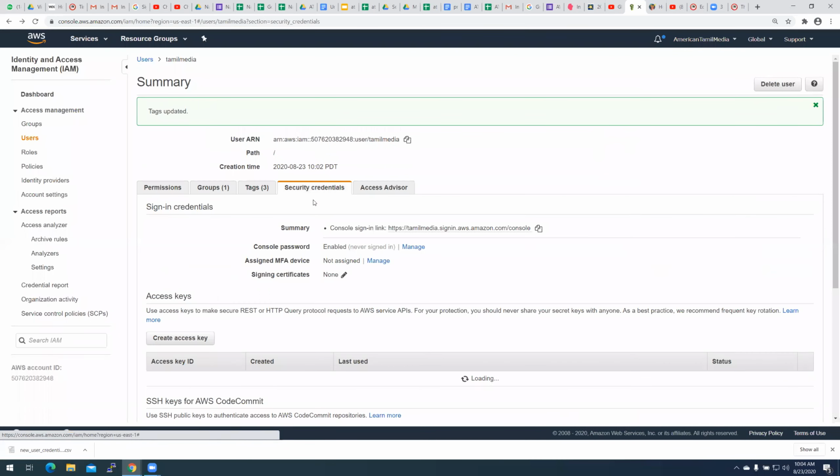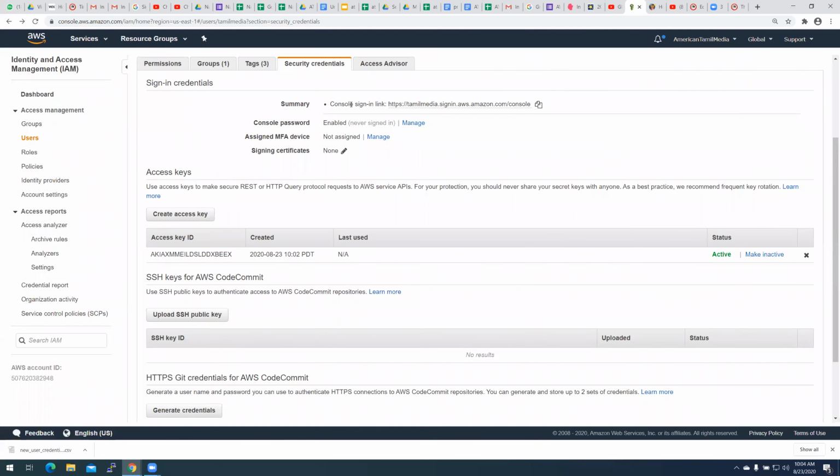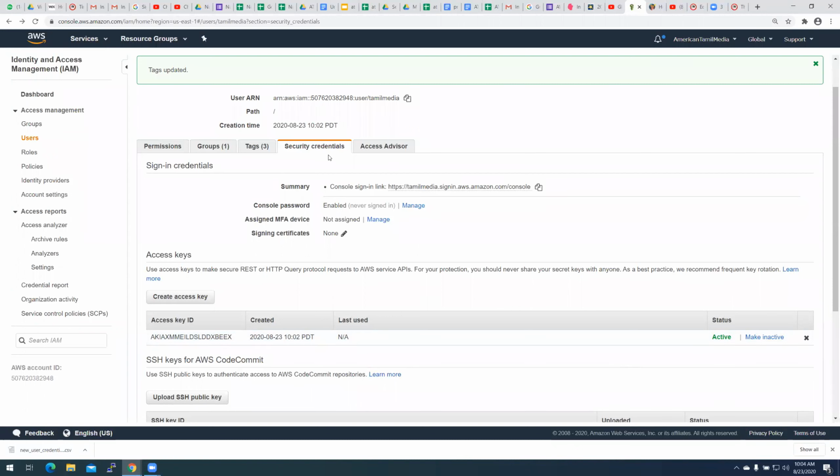Okay, something that you just want to know by looking at it. And here is where you can control your security credentials again, right? Where you can create access key here. This is the old one that was downloaded. I just now downloaded it, and you can create one more set over here. And you can make the old one inactive. And let's see what is here. Console password enabled, never signed in, okay, but you can disable it.